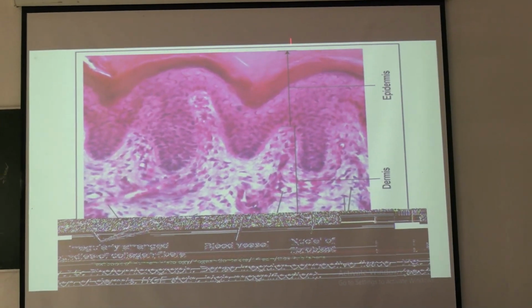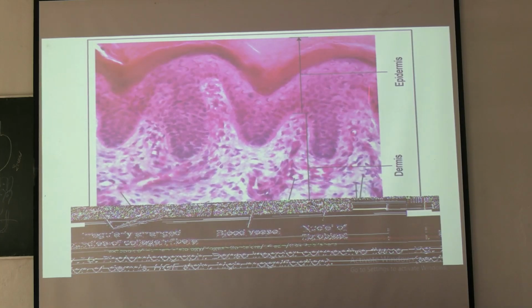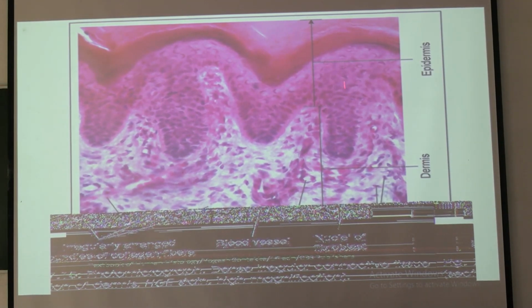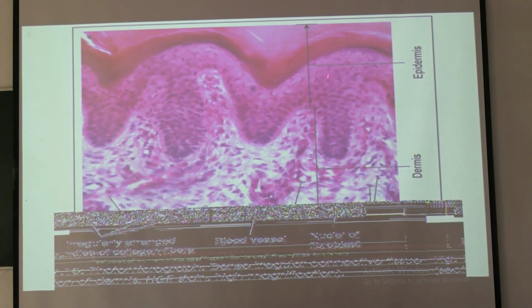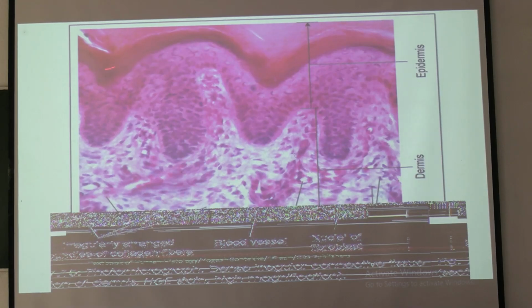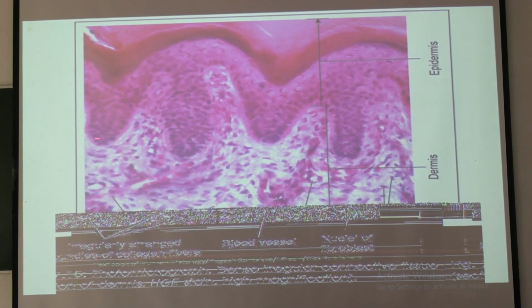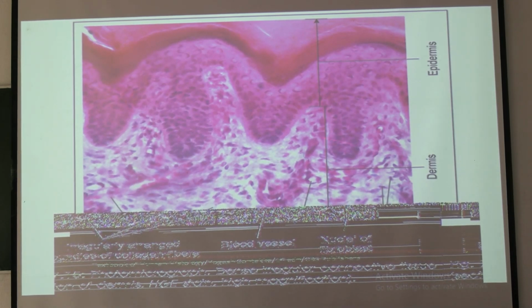See here. This part is the epidermis. Okay, this is the epithelium, stratified squamous keratinized epithelium. These are the nuclei of the cells, lying in multiple layers, and this is the keratin covering. The outermost pink covering is the keratin, and below this epithelium, below this line, is the dermis. So this part is the dermis, and this is an example of dense irregular connective tissue. Okay.